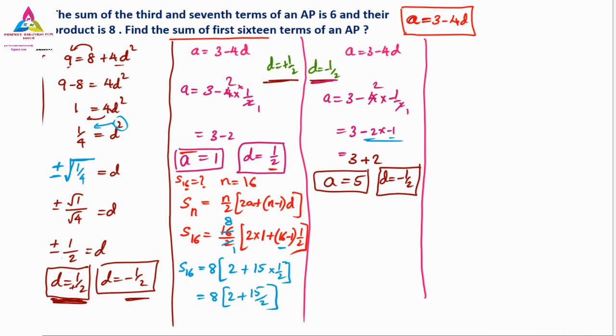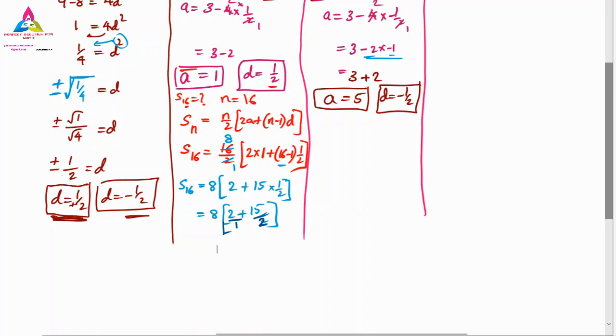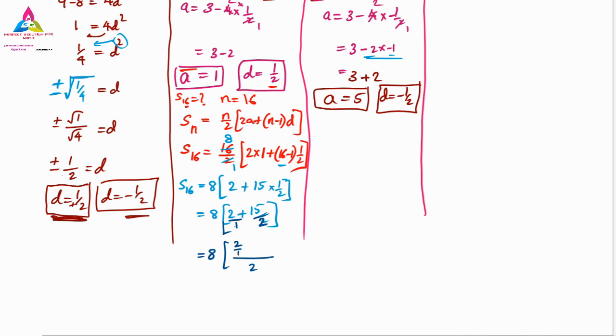Now, very importantly, it is in the form of something by 2, and for the other term we have nothing, which means we can take 1. So here we have 2. So we have to take the LCM, otherwise we can't solve this problem. So now we have to continue here. What is the continuation part? 8 I have to write down as it is. So here, 1 and 2, we have the LCM, obviously 2. 1 into LCM is 2. So what we have to do now: the 2 by 1 we have to write, into the LCM 2, plus 15 by 2, we have to write the same thing here, but into 2 we have to do. So according to this, this 2 and this 2 get cancelled.